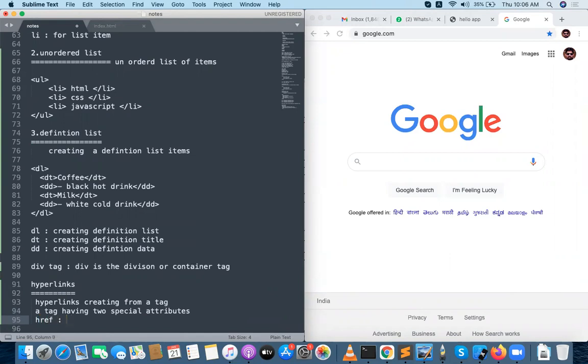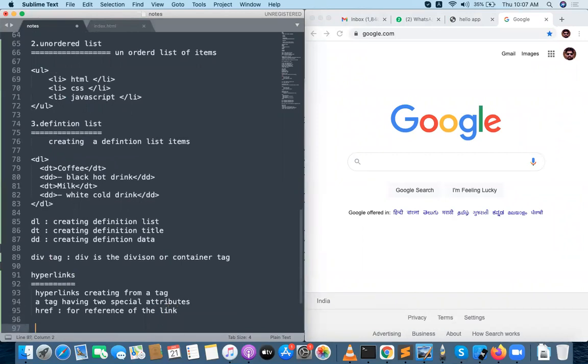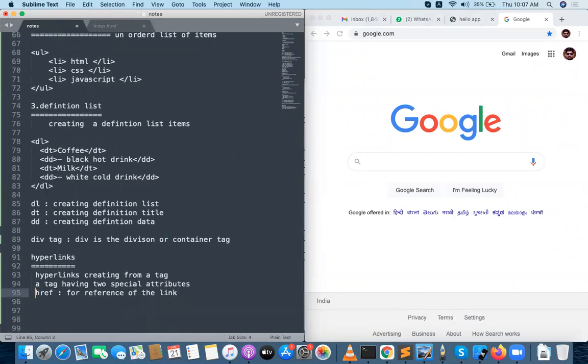Href is for the reference of the link. Second, target equal to underscore blank, which is for opening a new tab.